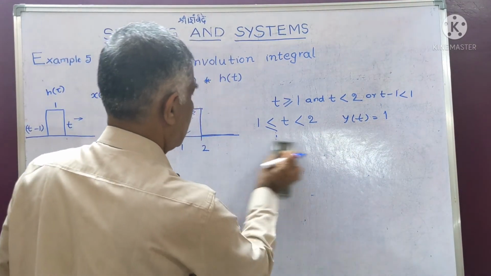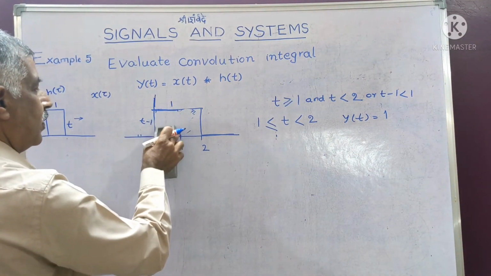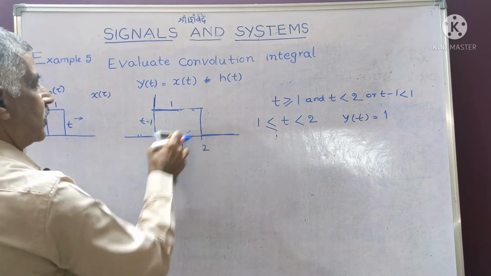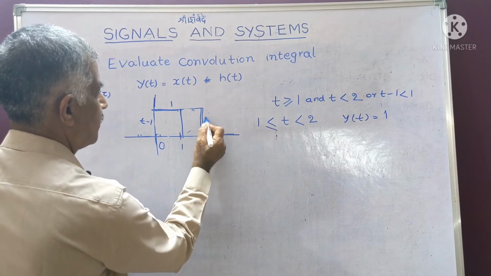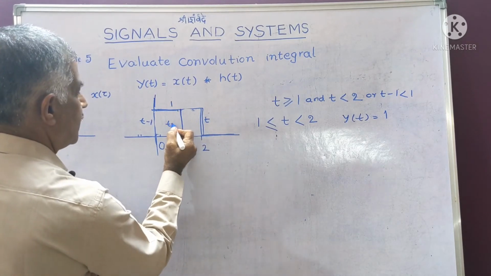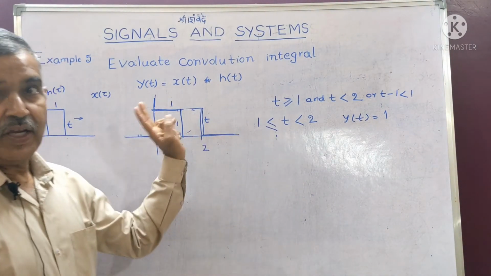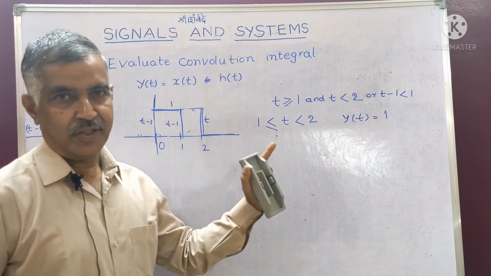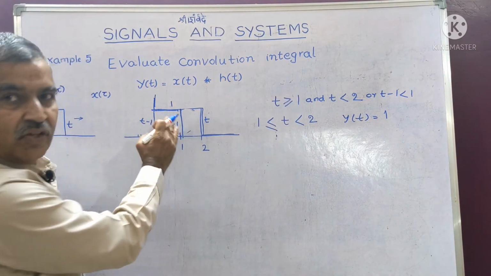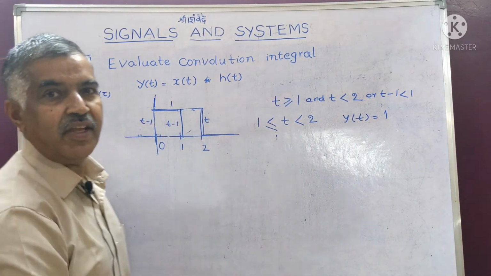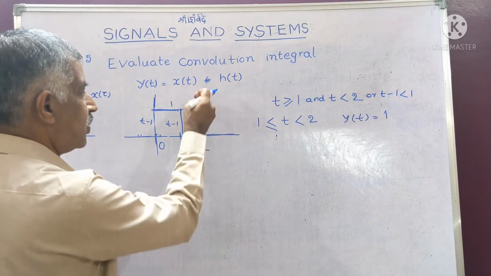Now the waveform will occupy this position. Now this is the waveform, and now the t edge, if this is the t edge and this is the t minus 1 edge, the t edge will come out of the waveform. So for that edge, you need not do integration. The t edge will come out, whereas the t minus 1 edge will still sweep some area.